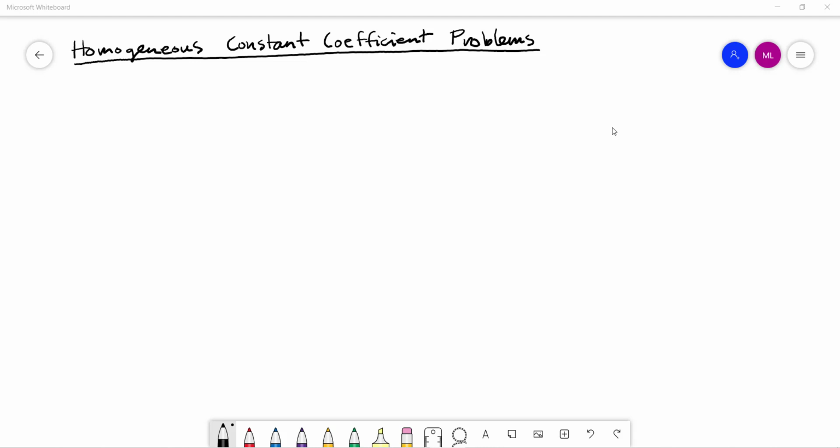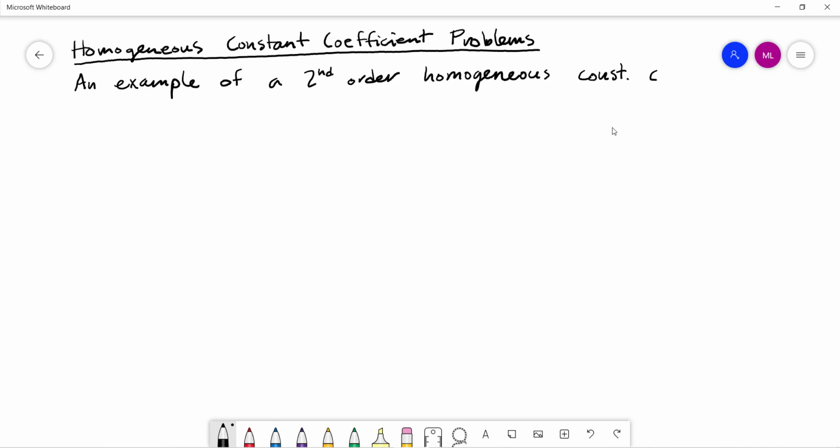So what is a homogeneous constant coefficient problem? An example of this, in this case a second order homogeneous constant coefficient problem,